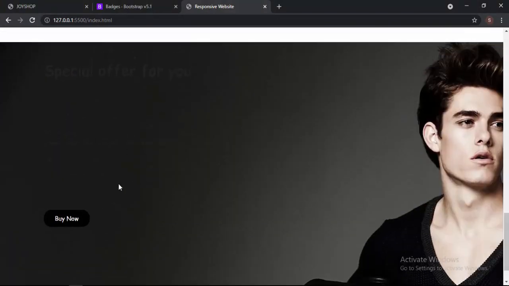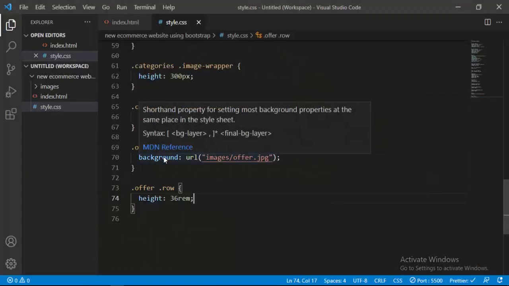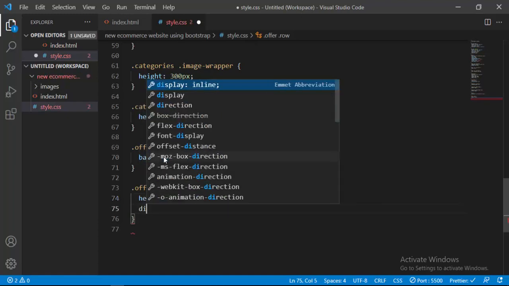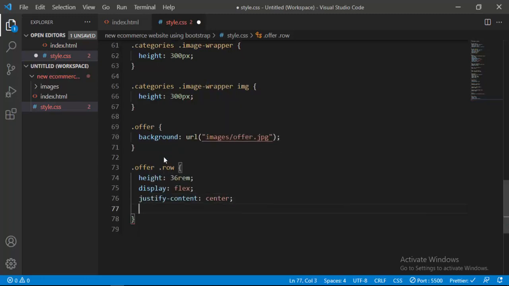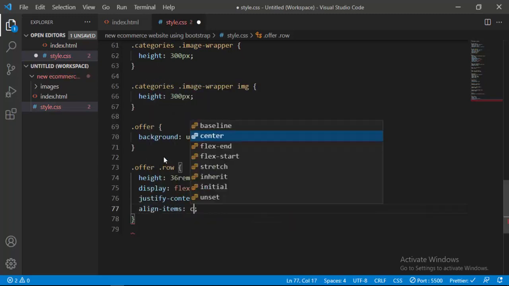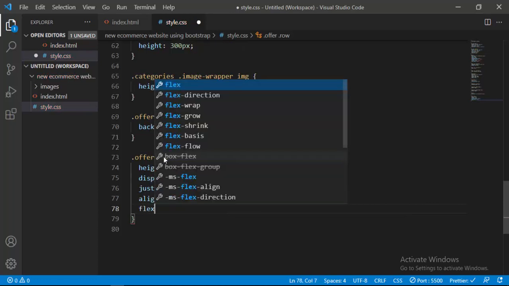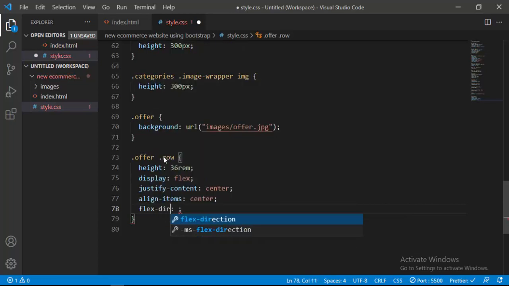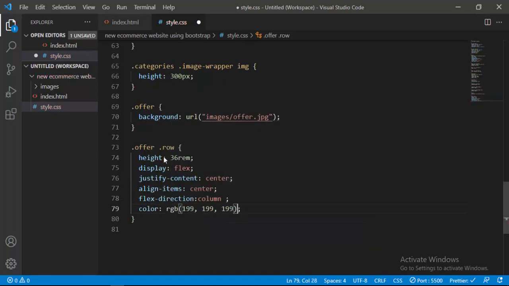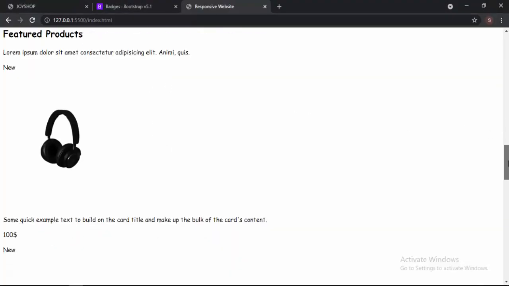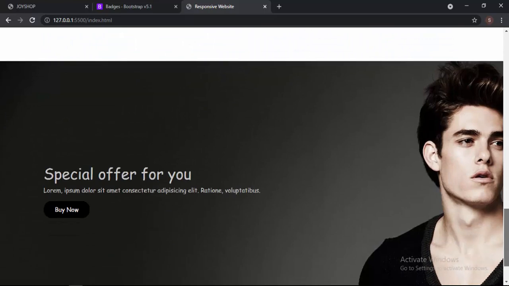We have to fix this and make it be at the center. So to do it, I'm gonna use flexbox. So say display flex, justify-content to center, and also align-items to center. Then flex-direction to column. I just come here and say column. And then I'm gonna give it a color, which is an RGBA color, which is this color that I've used before here. So now if you take a look, it's refreshing like this, and you will see that